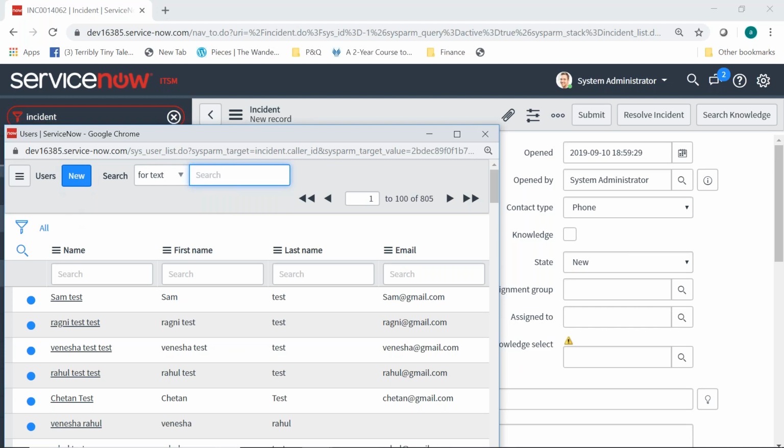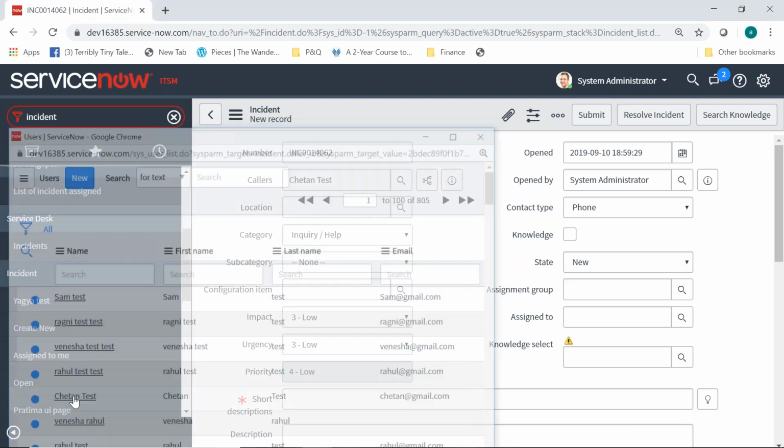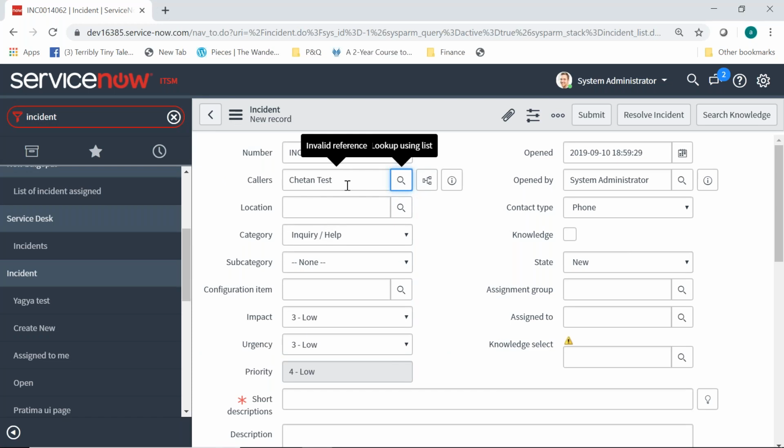I'll take it as a no then. So I'm selecting a user. I just clicked on it. Now, one thing over here. So that was how to select the data. Now another thing you'll have to get an idea of is what is the purpose of the caller? Who is the caller? In the caller, we need to select whosoever is the actual impacted person. So in the caller, we are saying for which person is this incident getting created? Who is that person facing the issue? He or she will be the caller in the ticket.